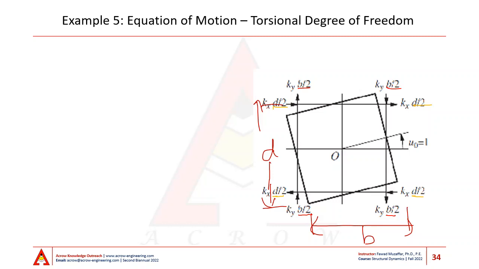Once I have calculated the horizontal and the vertical deformations of the top of the columns, I can simply multiply this deformation with the stiffness of the columns in the x direction and the y direction to get the corresponding forces. This has been shown on this figure along with the direction of the force. Each one of those forces have a moment about O, and we can calculate that easily